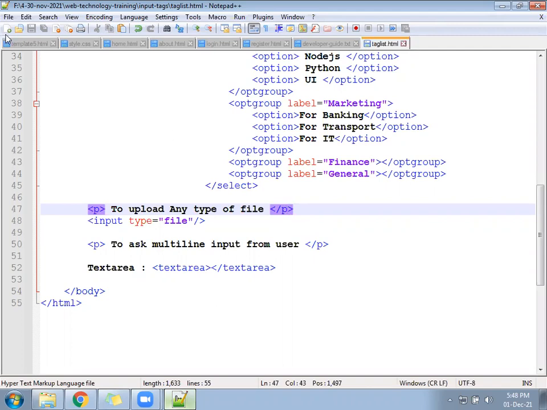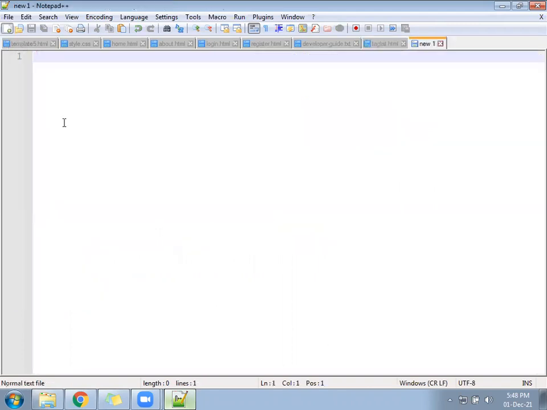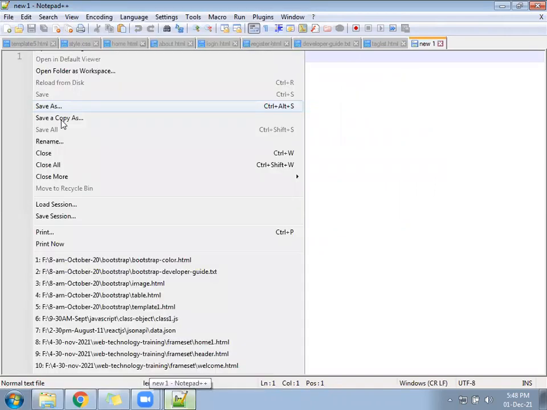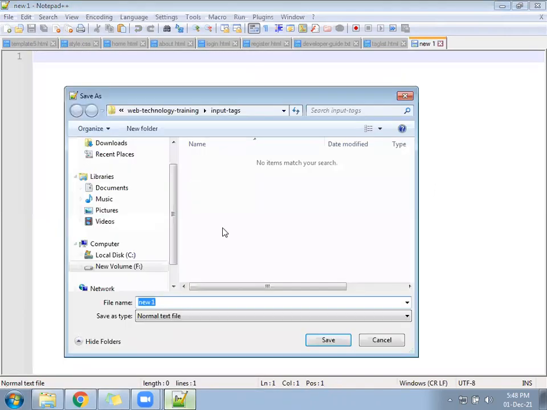Come next. Create the next file. Give the file name form1, with the digit 1, .html, no space.